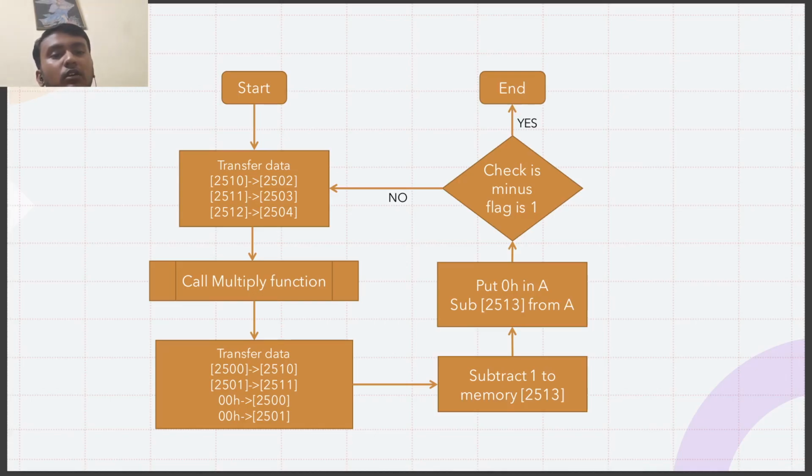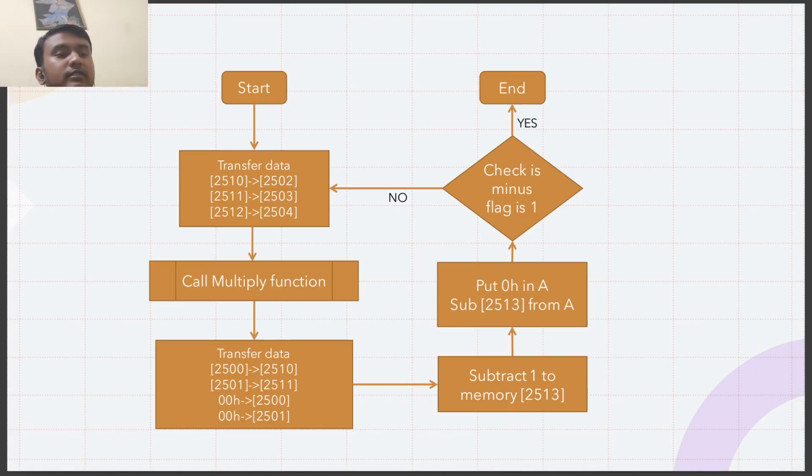So we call a multiply function, and after multiplying, our answer will be stored at 2500 and 2501. Then we transfer the answer to 2510 and 2511 and put 0000 in the answer memory of multiply function.